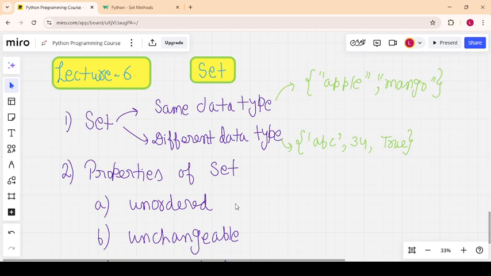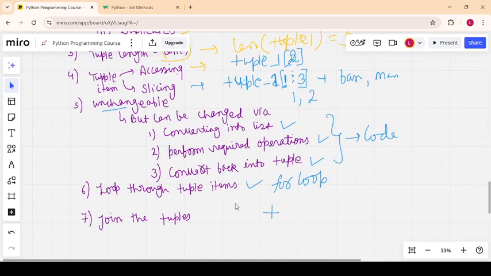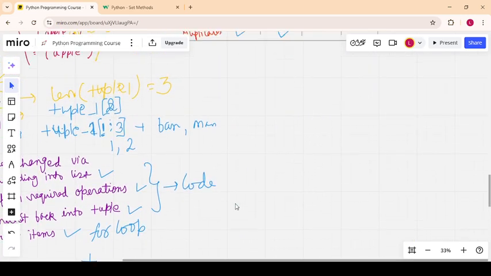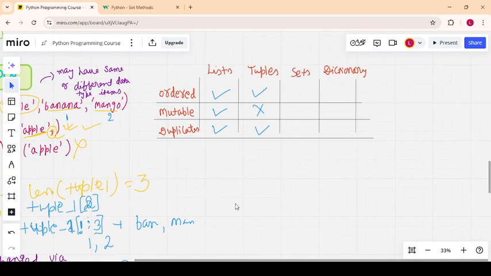If I recall, I made a table where I wrote down the major properties. For a list, items are ordered. As we make a list, the items will not change their order.